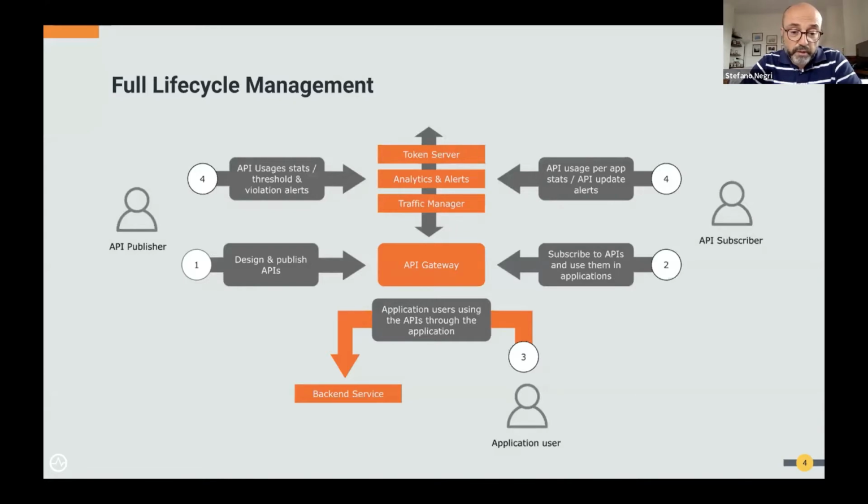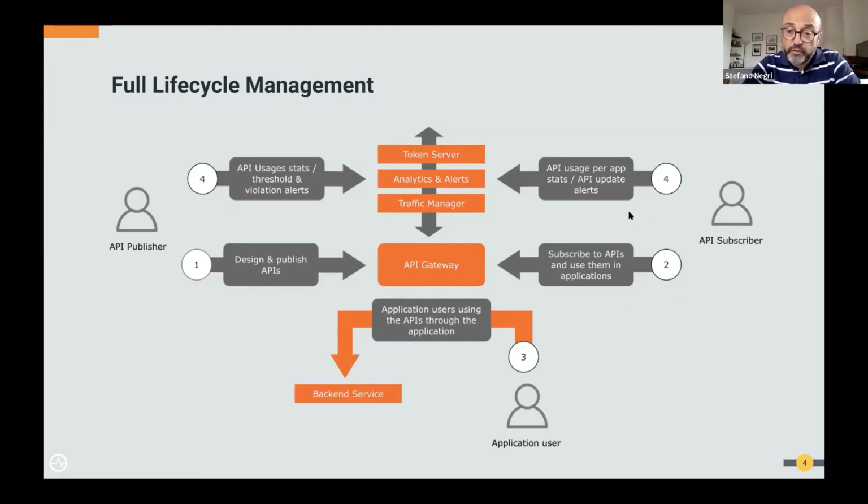For us, an API management product should cover the main use cases related to the API management lifecycle. The first is the use case of an API publisher, who has to connect to a portal or a publisher to design and publish APIs, make them available on a gateway, and make them available to a subscriber.